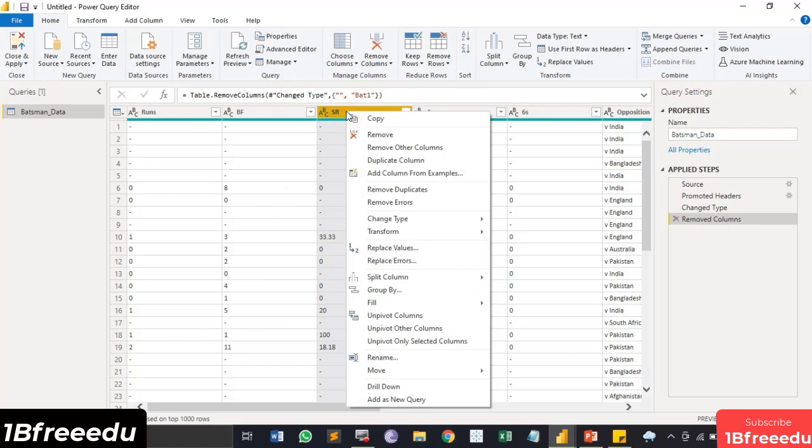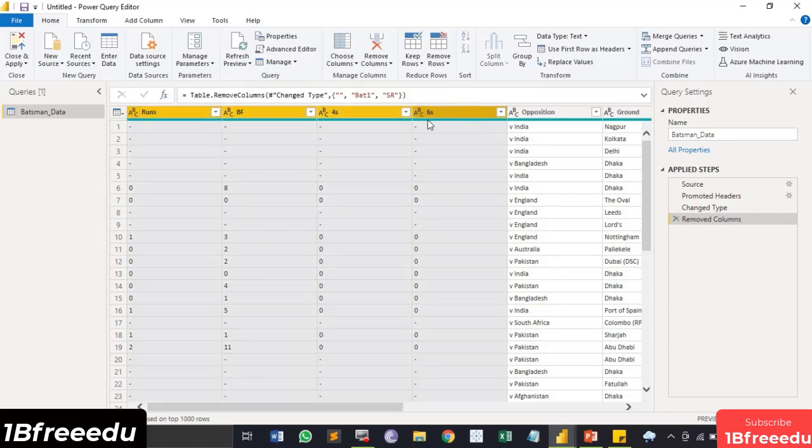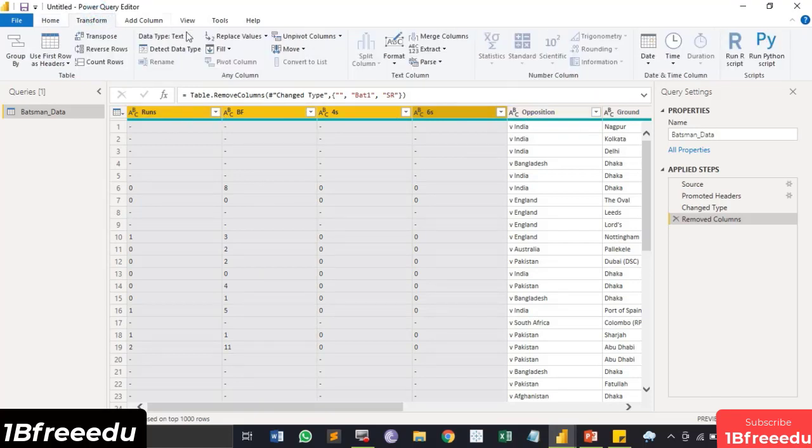Next is the strike rate column, which we are not concerned with, so let's just remove it. The next two columns, we are going to do similar things: the number of 4s they have scored and the number of 6s they have hit. So for all these 4 columns, what I'm going to do is replace the values, that is the hyphens, with zeros. I'm just going to select these 4 columns using shift click from the first to the last column. Go to this Transform option.